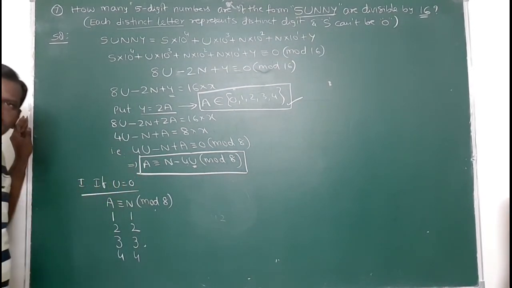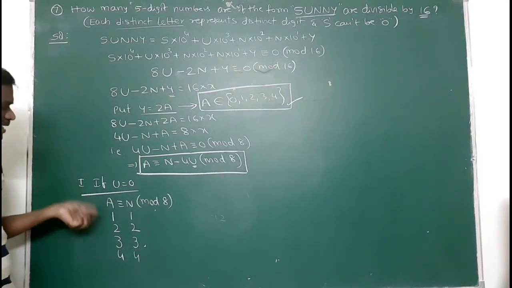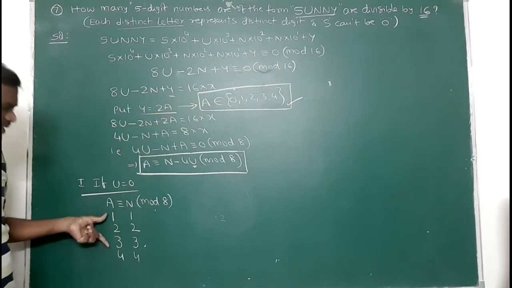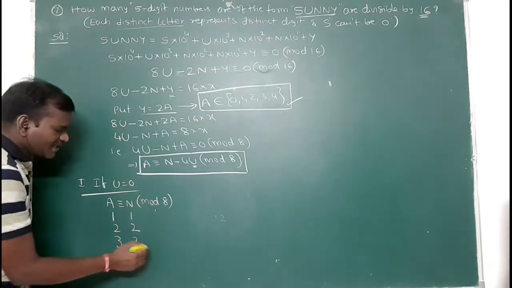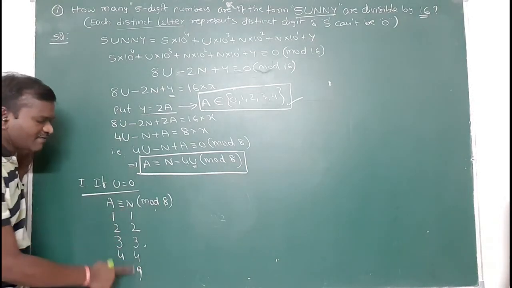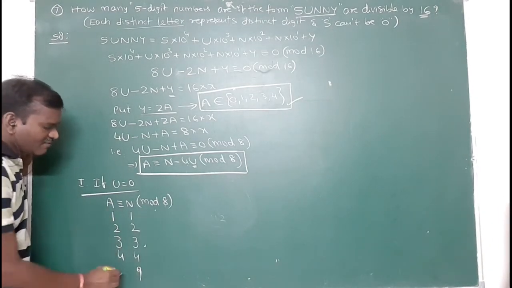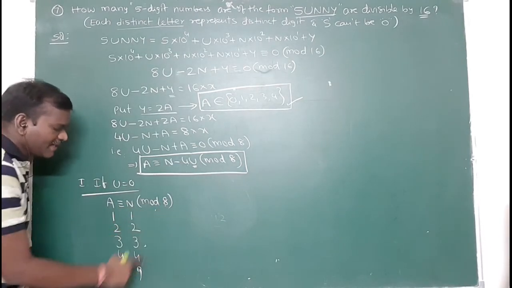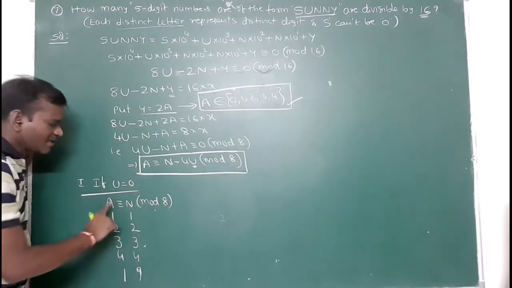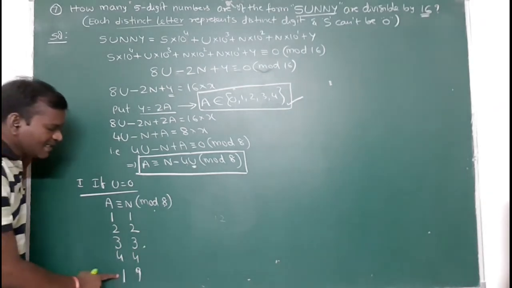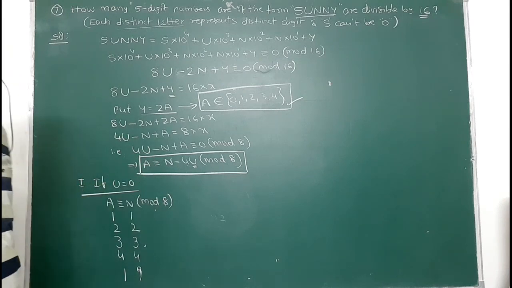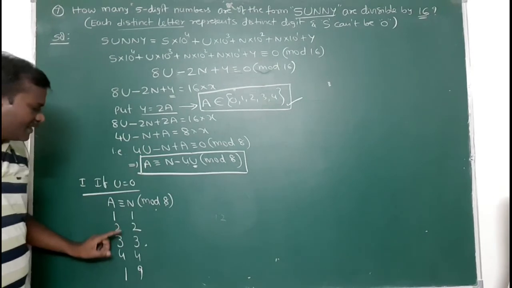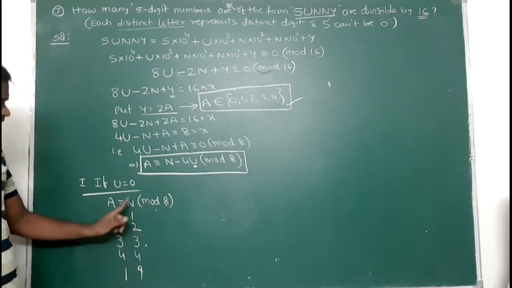Any other possibilities there or not, we have to check again. Why? Because here only 1, 2, 3, 4 values are used already. If n is 9, more than 8, it is also possible. So here also 1 is possible. Why? Because 9 when divided by 8, the remainder is 1. So 1 and 1 are equal. So 1, 9 is also another possibility there. That's why always search whether there are any other possibilities or not. Check it. After 4, 5 is not possible here. 6, 7, 8, 9 not possible.